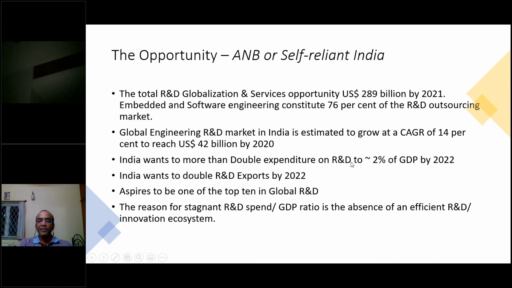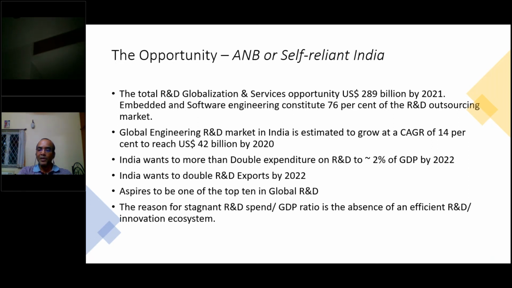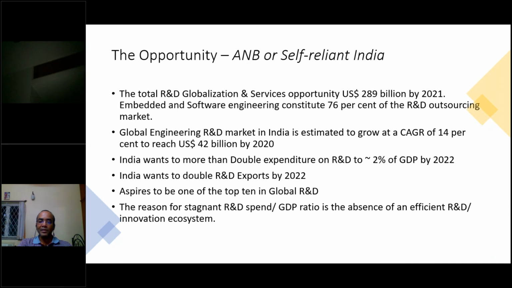And as a country, this is an aspirational goal right now. We want to get from this 0.6, 0.7 that I was mentioning to about 2% of GDP by 2022. So you can imagine R&D needs to go almost fourfold, or more than threefold. We are almost done with 2020, so we just have a couple of years left. In 2 years, we have to grow more than threefold. That's the aspirational goal here.